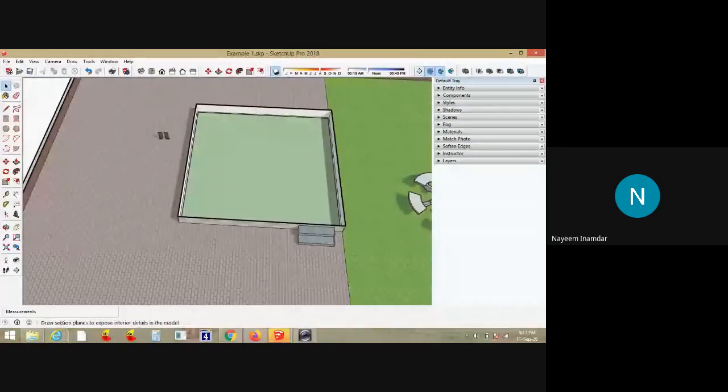When I use the section plane, you can cut the building or the three-dimensional model at a particular height or at a particular location according to the section that you have chosen, either from top to bottom or from any side.